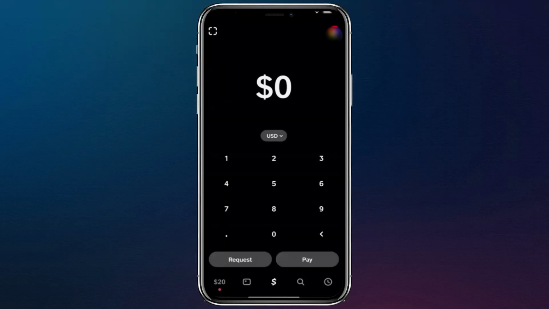In this video, I'll show you how to link SoFi to Cash App. Connecting your SoFi account makes it easy to transfer money directly to Cash App and manage your funds all in one place. First, open Cash App on your mobile device and tap on the profile icon in the top right